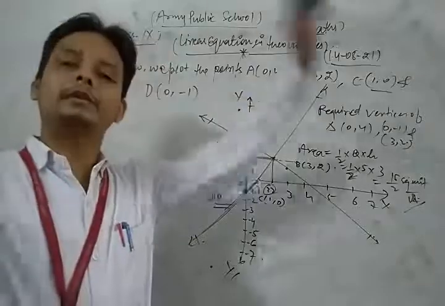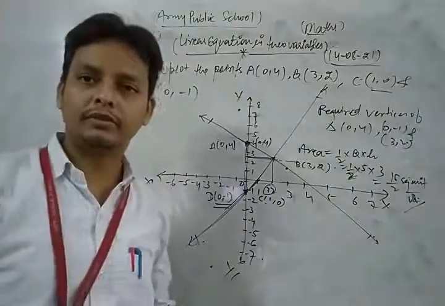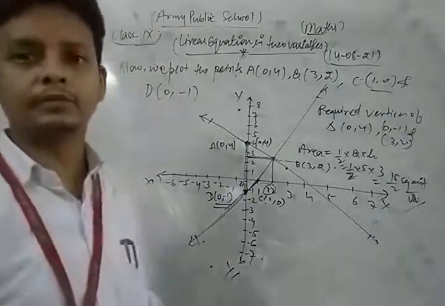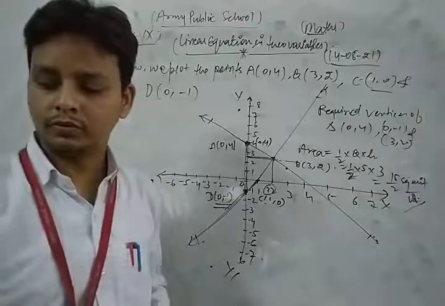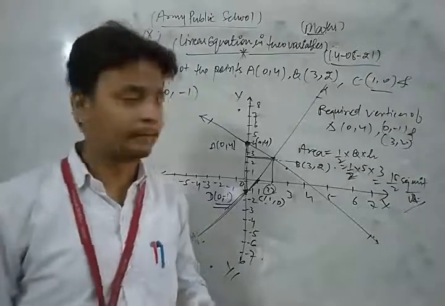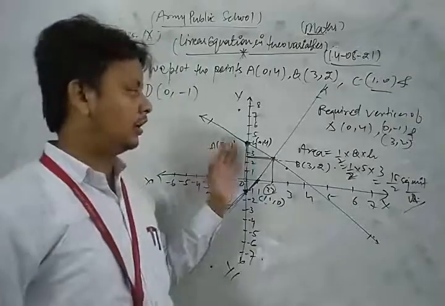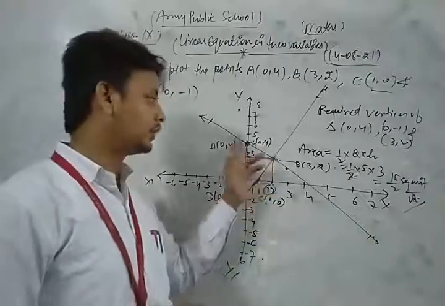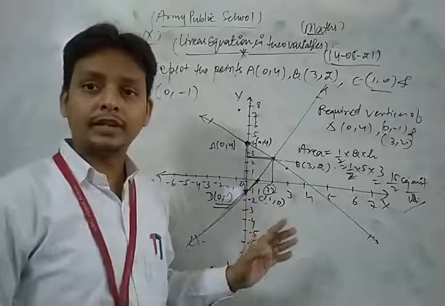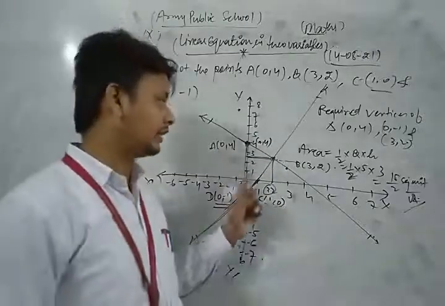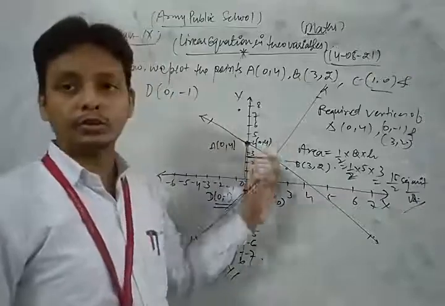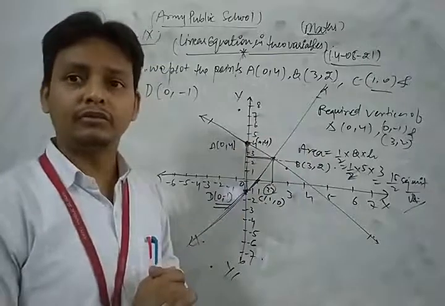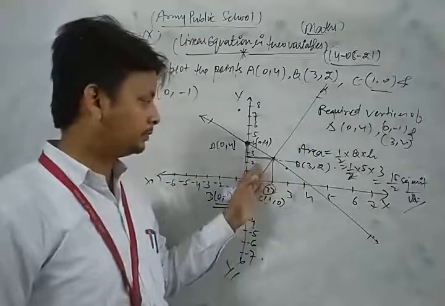So first of all, in this type of question, dear student, you draw the graph of the equations of the lines which are given in your question. After that, according to the question you give your answer. In these questions we find the coordinates of all the vertices of the triangle, as well as the area of the triangle included between these two lines and the y-axis, okay. So this is the way.